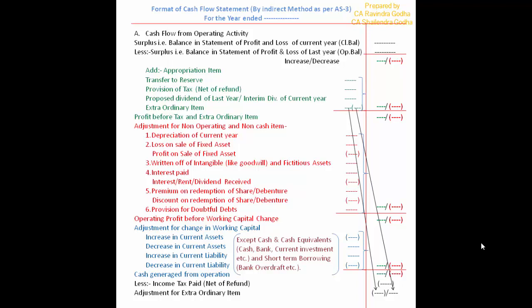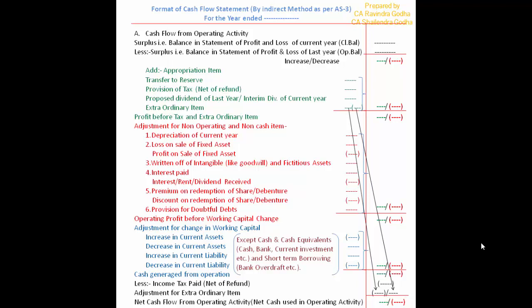Whatever impact we gave the extraordinary item in appropriation, just the opposite impact is given here. The same item is written again here in most cases, but in the opposite way. If we added it in appropriation, then we have to deduct it at this place, and if we deducted it in appropriation, then we have to add it here. The final answer is net cash flow from operating activity or net cash used in operating activity. If positive, it is net cash flow from operating activity, and if negative, it is net cash used in operating activity. So our first activity is completed.